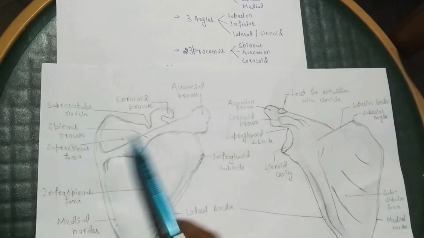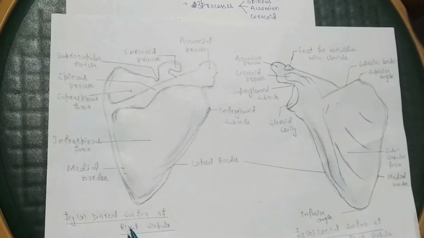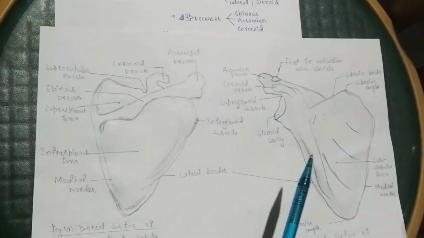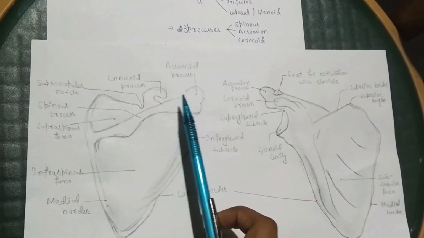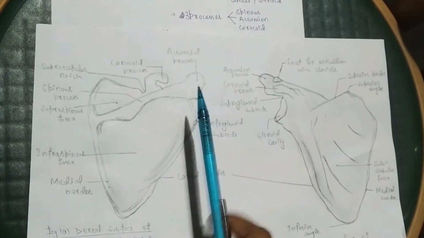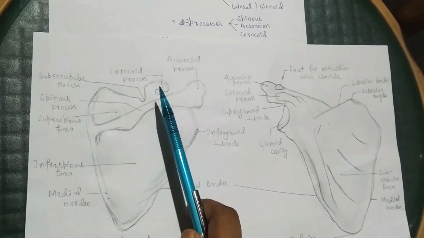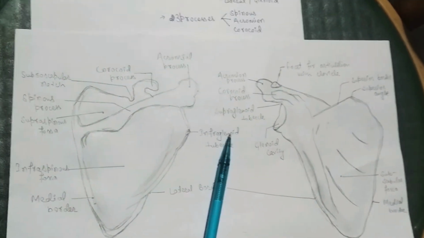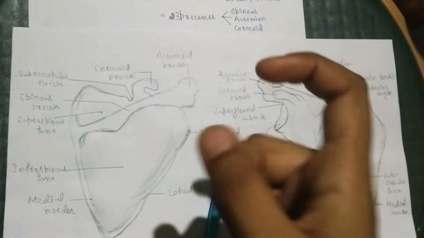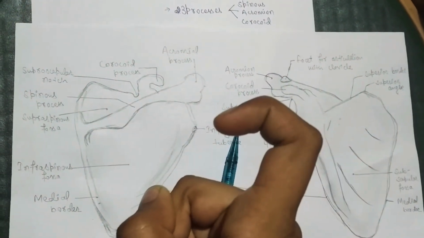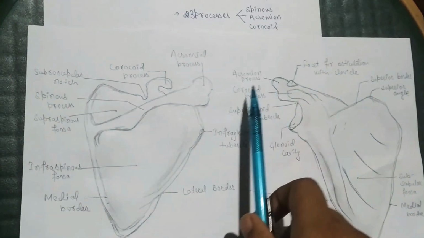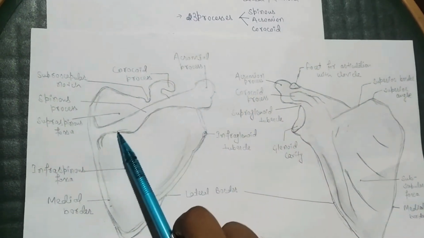And the scapula has three processes. This is the spinous process. The spinous process can be seen clearly in the dorsal surface of the right scapula. And the acromion process is this. We can see the acromion process from both the surfaces. And the coracoid process is this. Coracoid is a Latin word and the meaning is beak-like. So this is the coracoid process, this is the acromial process, and this is the spinous process.